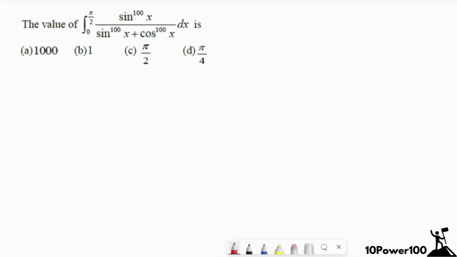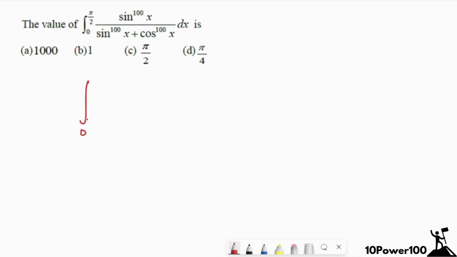Next question, the value of integration 0 to pi by 2 sin x power 100 divided by sin x power 100 plus cos x power 100. So after seeing this problem, I know most of you would have thought that, okay, it is so difficult to solve, but it's not, children. It is one of the very easiest sums. One of the strategies I'll teach you, whenever you get this sin x power 100 kind of a sum, the shortcut to solve this is